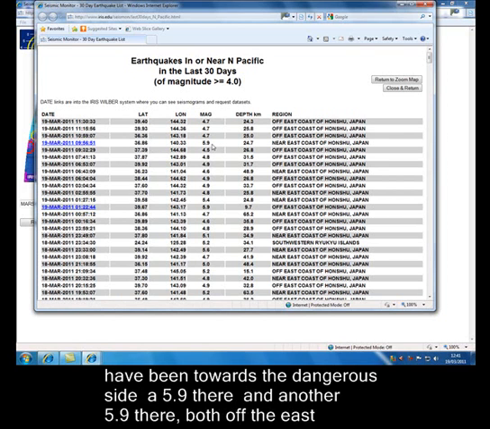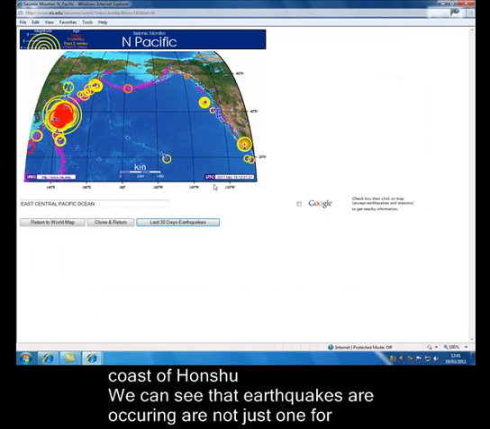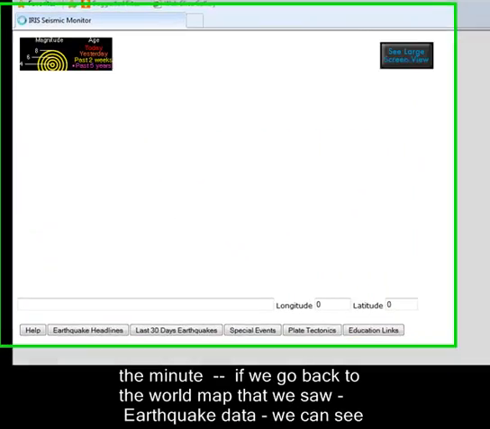Two have been towards the dangerous side, the 5.9 there, another 5.9 there, both off the east coast of Honshu. So we can see that the earthquakes that are occurring, they're not just for the minute. If I just go back to that world map that we saw,